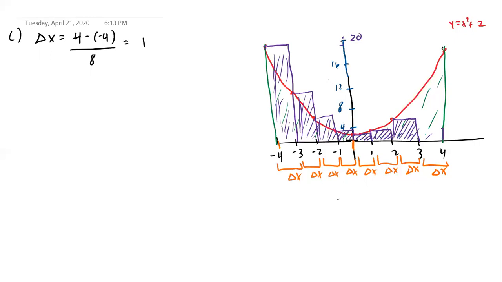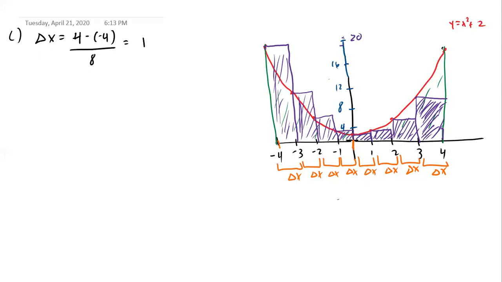Next left endpoint is 3. 3 squared plus 2, that's 11. So I have a height of 11. And there we go. So again, you can clearly see that to the left of the y-axis, we're overestimating, and to the right, we're